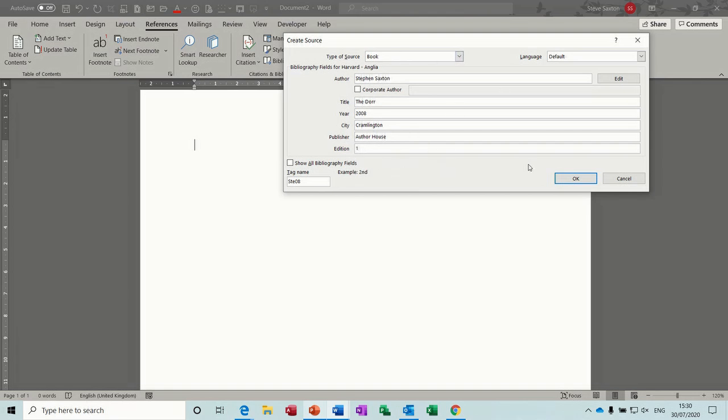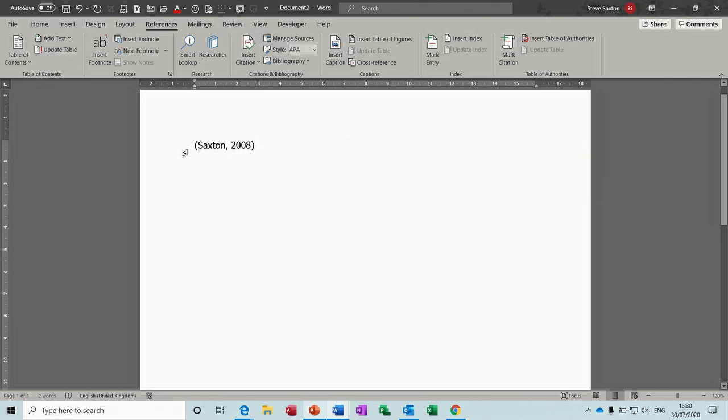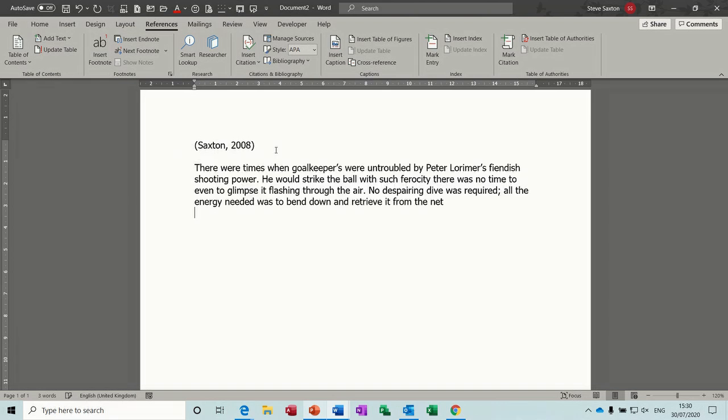And I'll just OK that, and then you get the citation appearing there. So if you had some text, just get some text there. I could now go insert citation, there's a short reference to it, puts it inside the text like so, and then